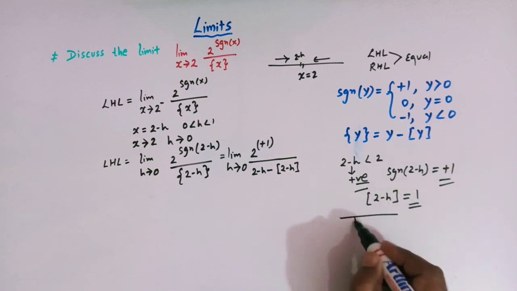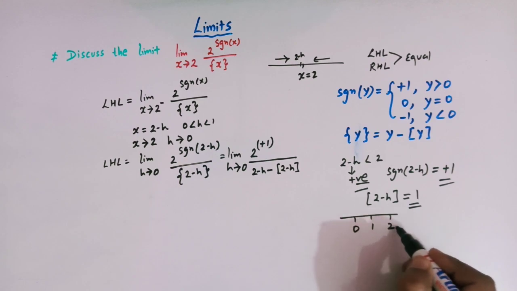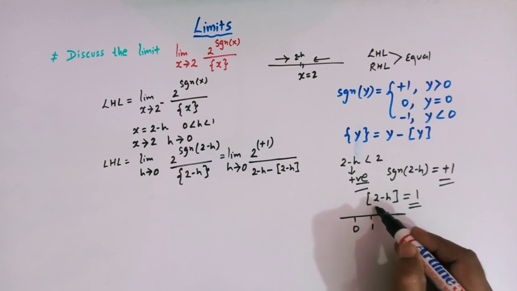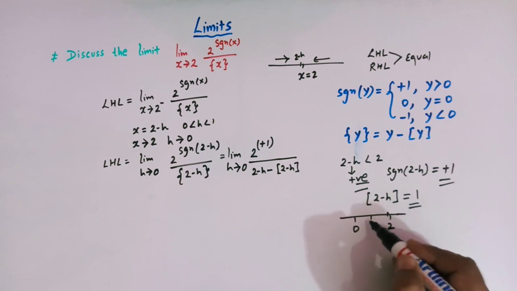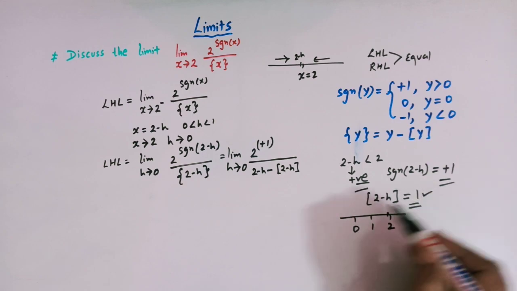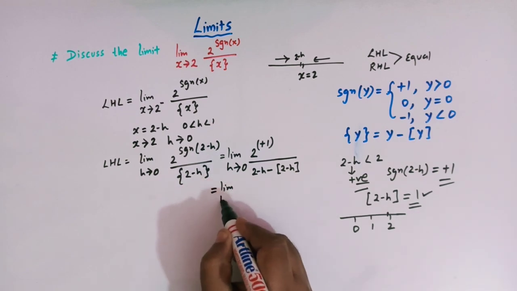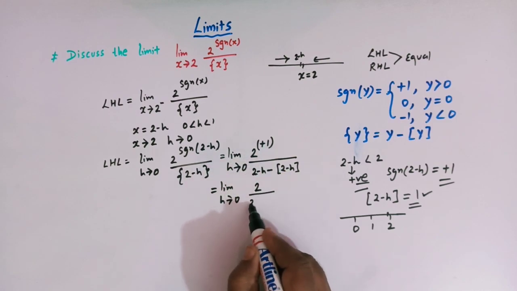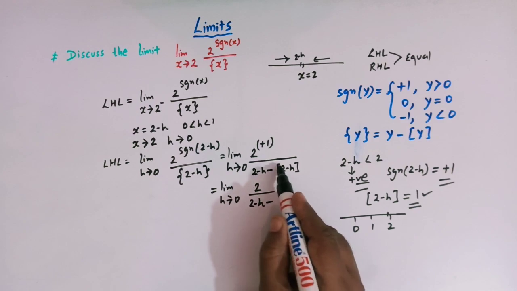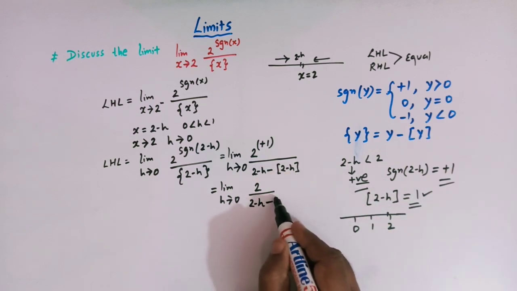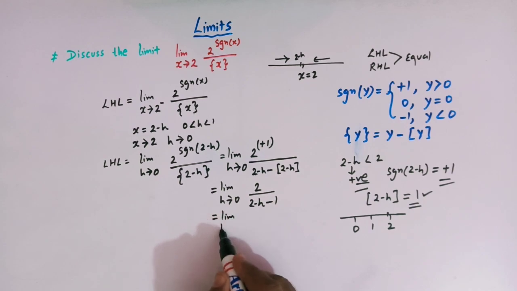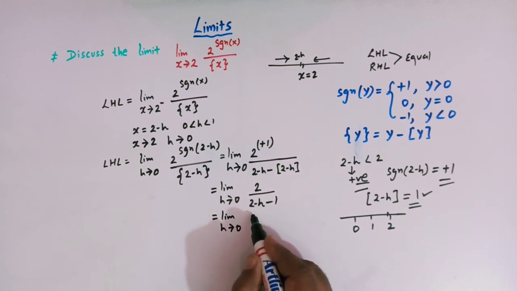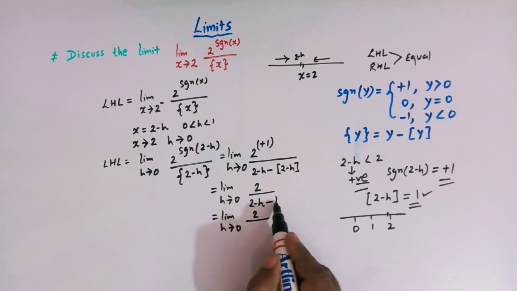See, here we have 0, here we have 1, here we have 2, right? So 2 minus h lies very close to this 2, right? And when we take the greatest integer of 2 minus h, it is obviously equal to 1. So now we have limit h tends to 0 and 2 raised to plus 1 is 2, and here we have 2 minus h, and the greatest integer of 2 minus h is 1, and now we can simplify it. So we have limit h tends to 0 and 2 over 2 minus 1 is 1,